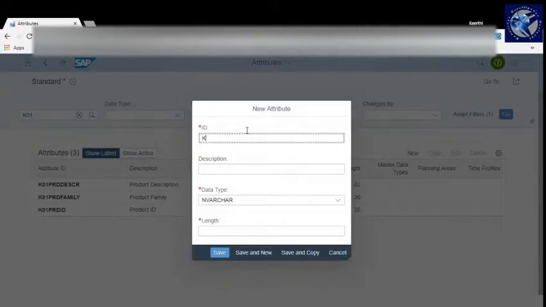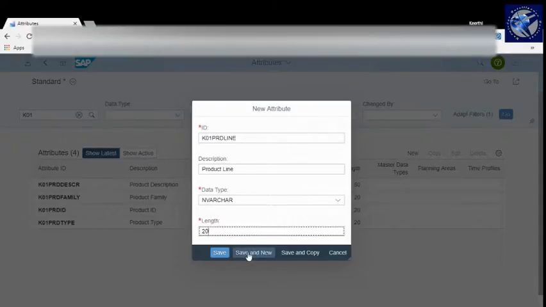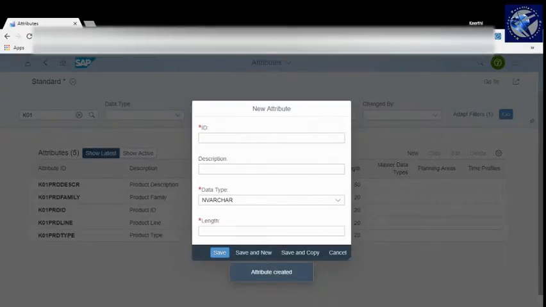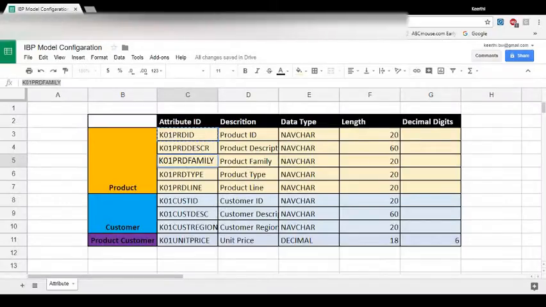Let me go ahead and create the next one, which is called product type. Click on Save and New. Let me create the next one and describe it as product line, and enter the length as 20. Save and New. Let's create the next set, that is your customer ID,